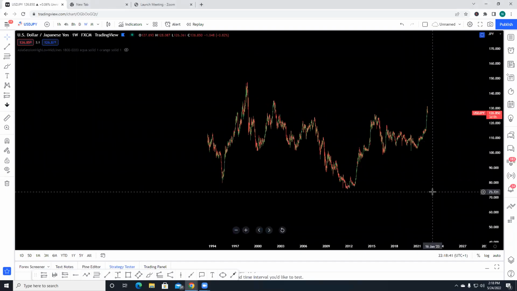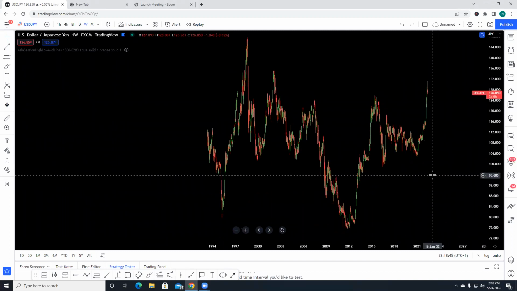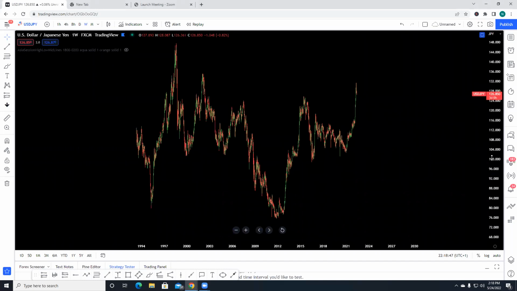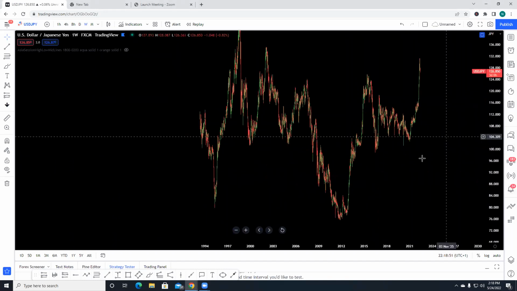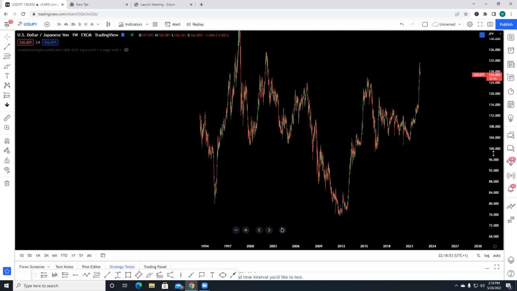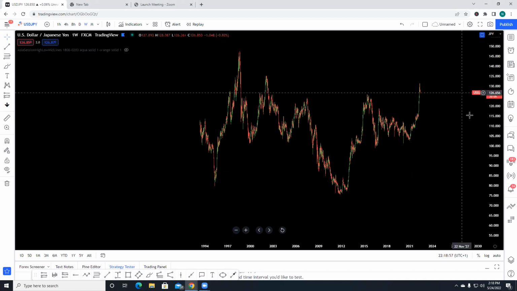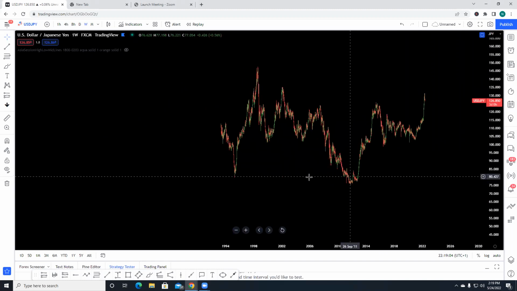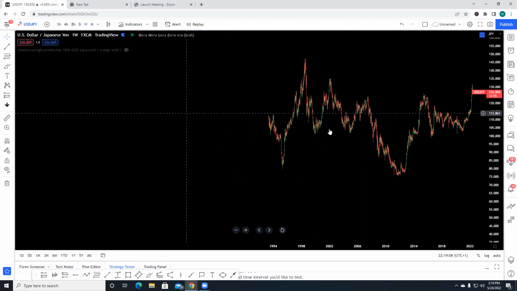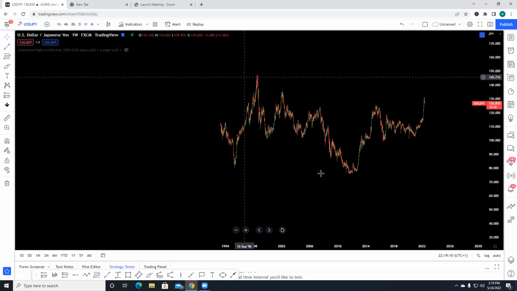Good day, traders. I want to do a top-down analysis of USDJPY. I want to do a top-down analysis so that you see how it is done from a forecasting point of view, from a higher time frame like weekly or monthly down to the H1 time frame. All right. So I'm not going to start analyzing from the back, but at least you'll be able to follow the way